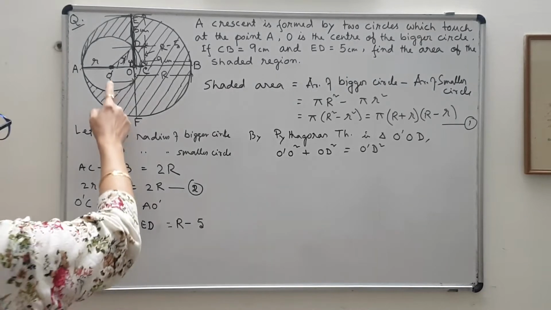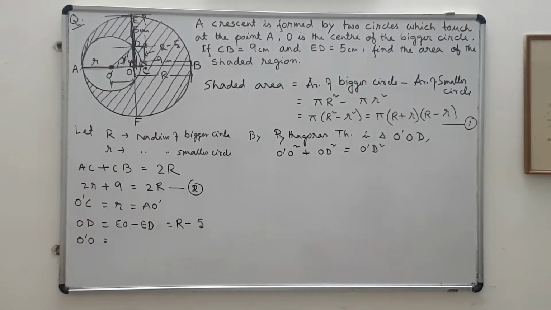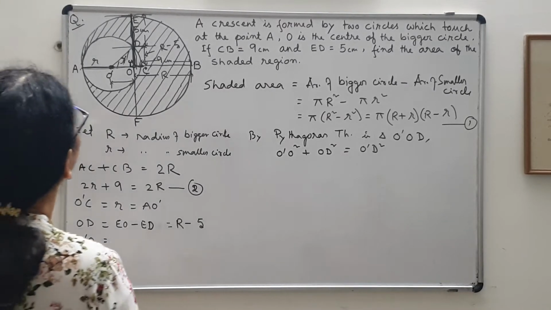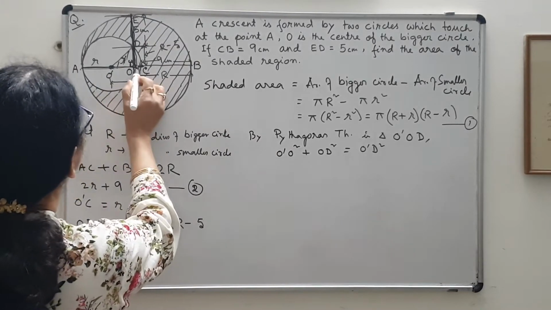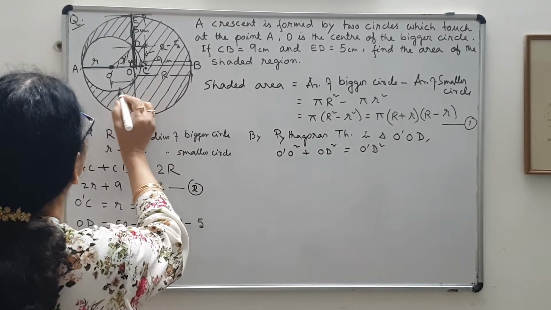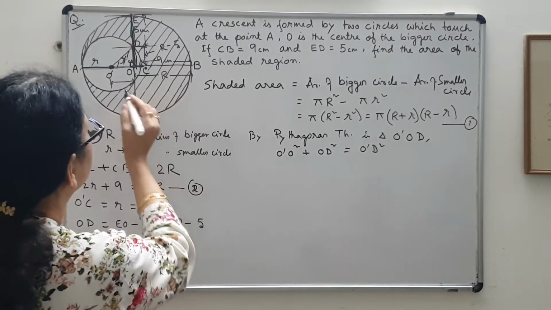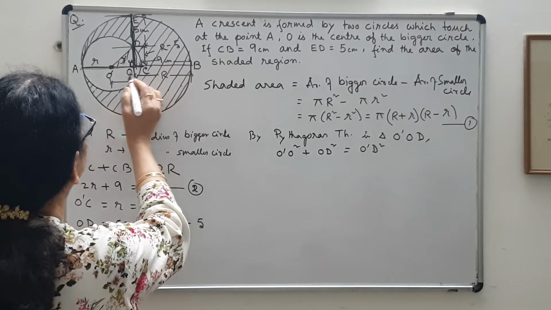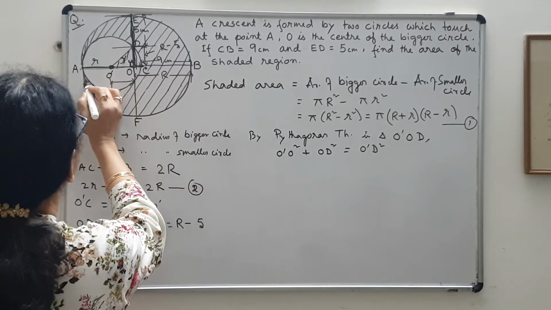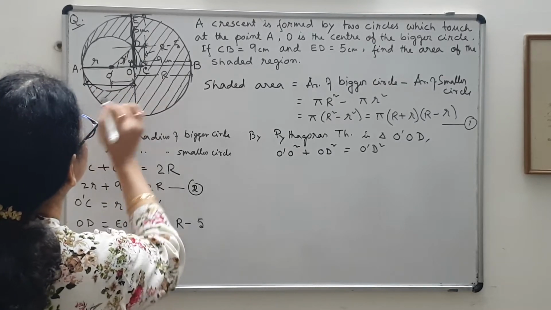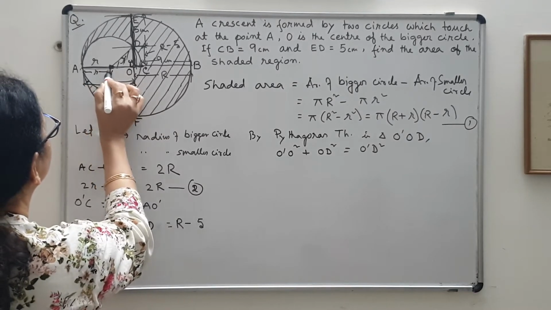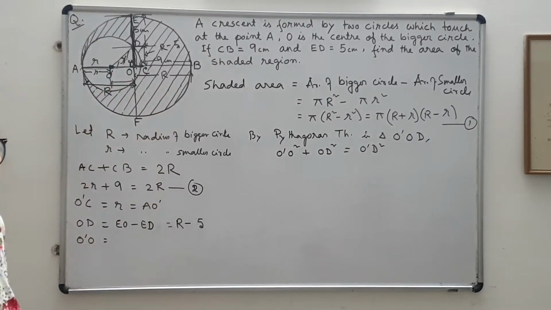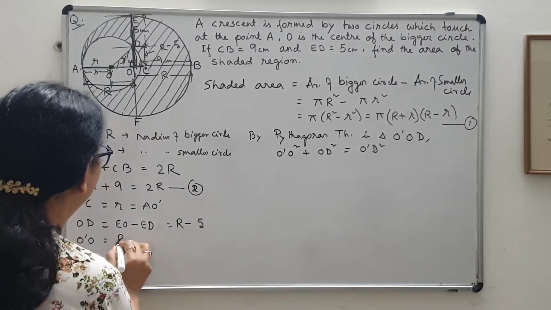Fine. So now I have to find this O dash O. I can find it in this way. Ma'am, big R minus small r. This is your total, this much is your big R, is it not? Yes, ma'am. And this much is smaller. So good. Big R minus small r. Very good. So you can observe the figure. This observation is required. So this is bigger minus smaller.